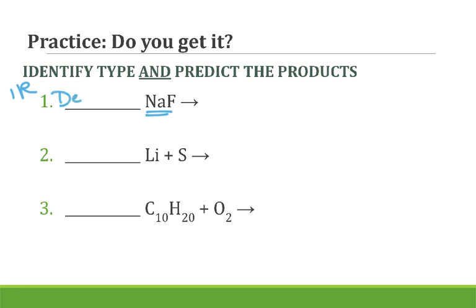A split apart is a decomposition. So if we only have one reactant, the only thing that can change is separating. So this one's going to split apart. It's a decomposition reaction. And so we're going to get sodium by itself, and then we're going to get fluorine by itself. But with these, we need to make sure we're paying attention to our nonmetals, and if something is diatomic,